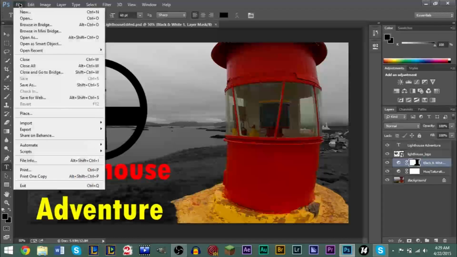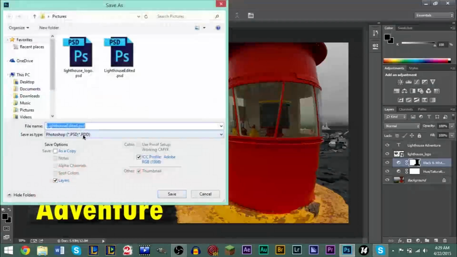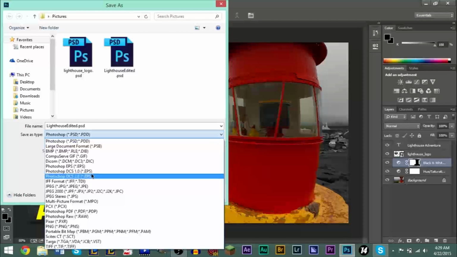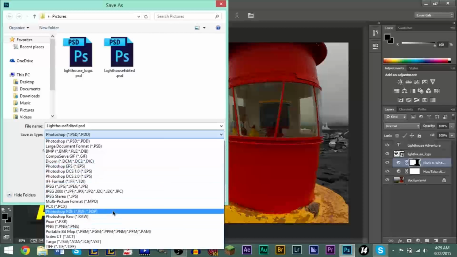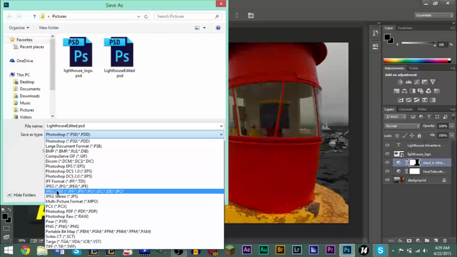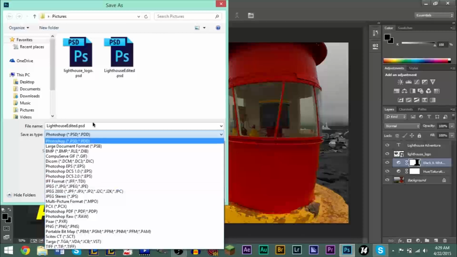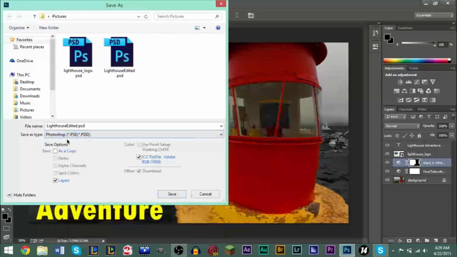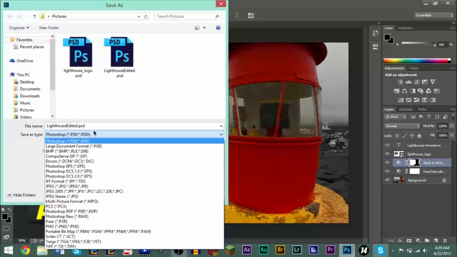If you want to save it for web or save it for sharing, make sure you click Save for Web. And when you're saving it for later editing, click Save As and make sure you have PSD. You can also change the file format here. If you don't want to use the Save for Web feature, you can pick your format here. As you can see, we have PNG here as well, and we do have JPEG here as well. So you could use the Save As feature and select your format here as well and not need to use